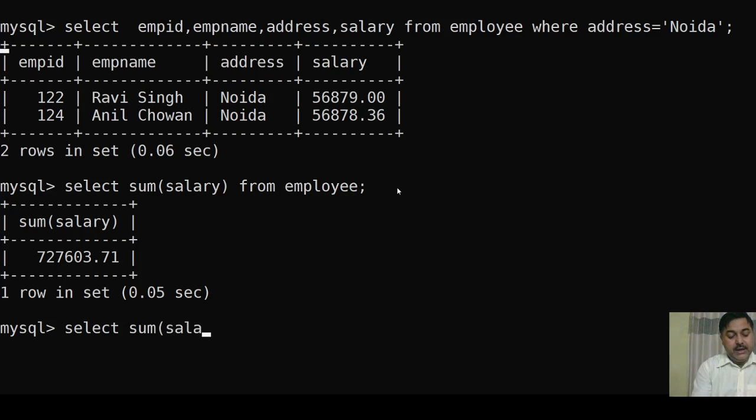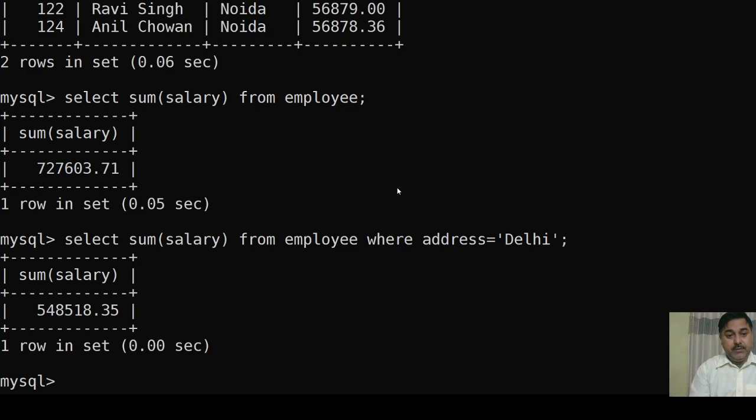Salary, from employee, where address equals to what? Address equals to Delhi. Okay, Delhi, then semicolon, then enter. See here, for those persons who are staying in Delhi, their total has been